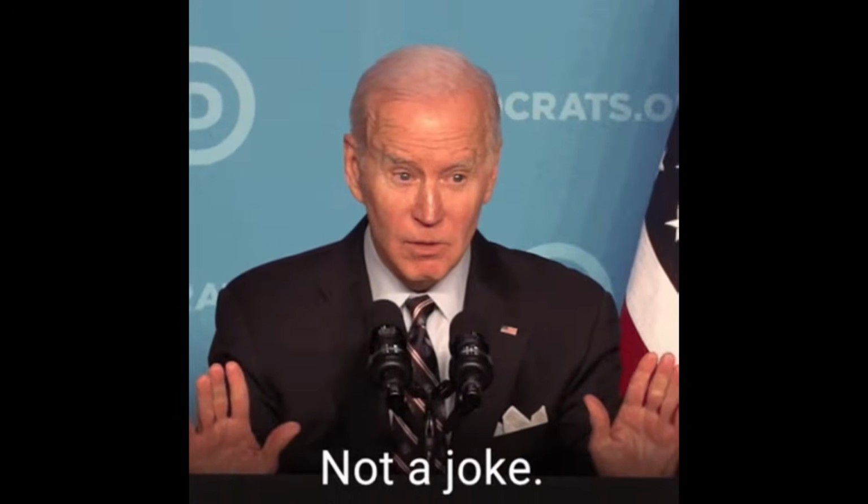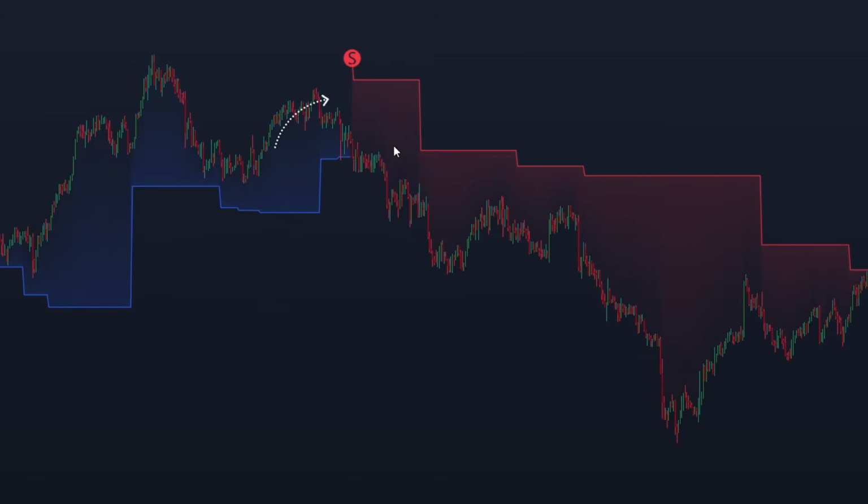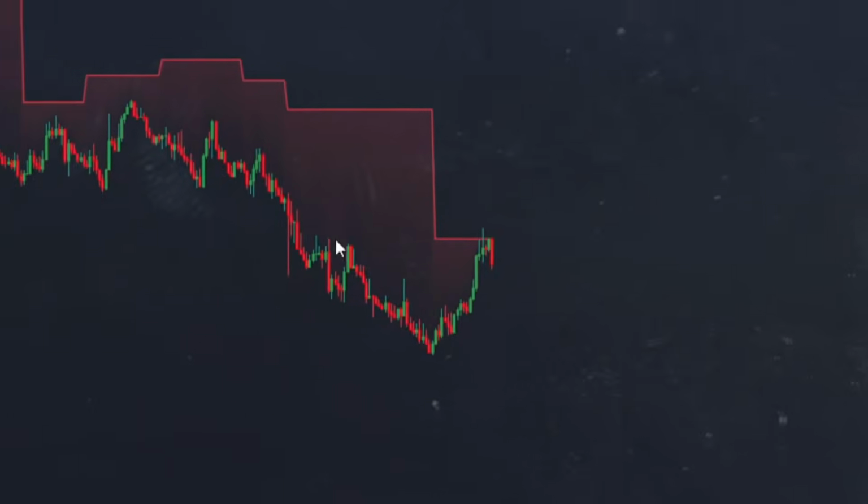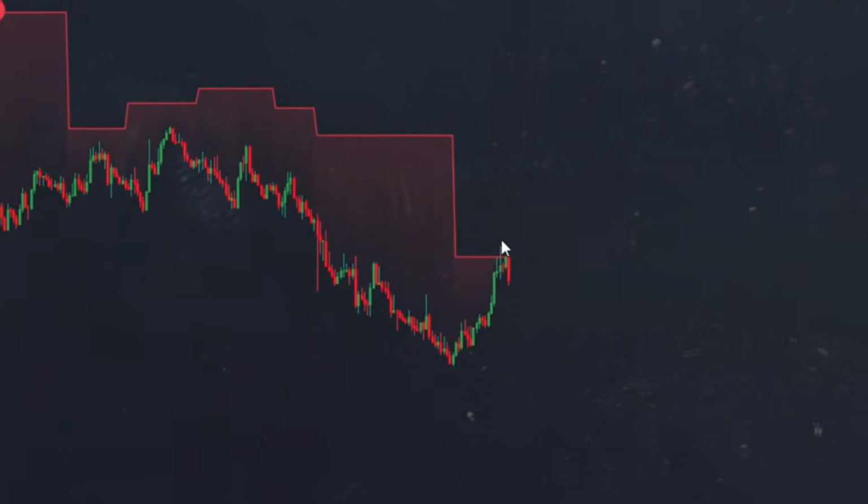If you're serious about trading, the hardest part isn't catching a trend. The hardest part is knowing when that trend is actually changing. Most traders realize it too late, after price has already moved and they're either chasing entries or stuck on the